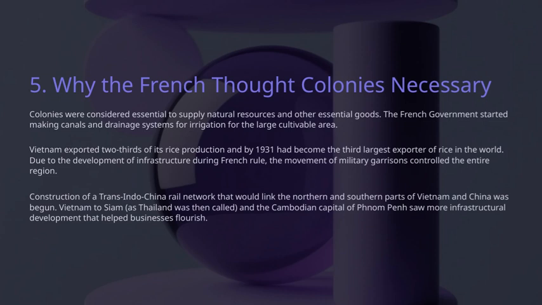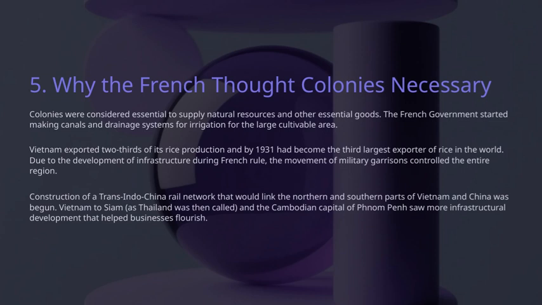And of course, colonies like these were seen as essential sources of natural resources and other important goods. To support this, the French government invested in building canals and drainage systems, especially for irrigation. This allowed larger areas of land to be cultivated, boosting agricultural productivity and resource extraction. So why did the French believe colonies were necessary? Essentially, they saw colonies as vital for resource supply, economic growth, and regional control. These infrastructure projects and developments weren't just about economic benefits, they were also strategic moves to strengthen French